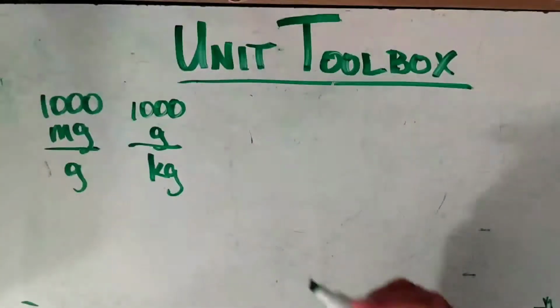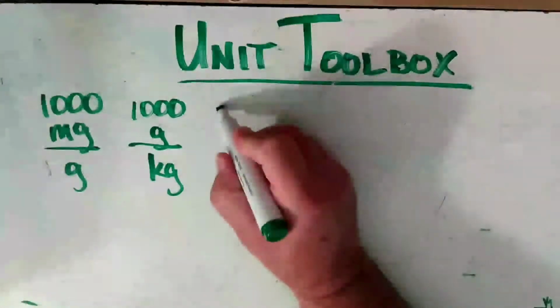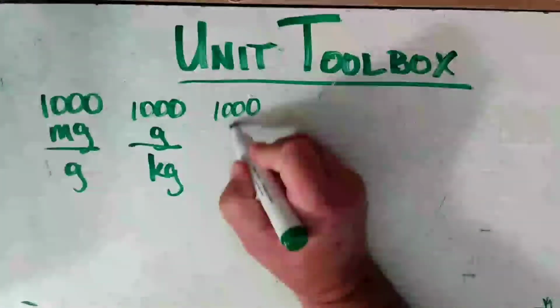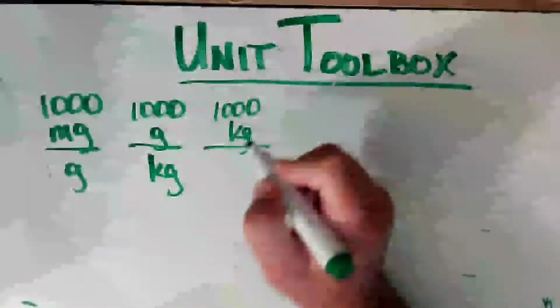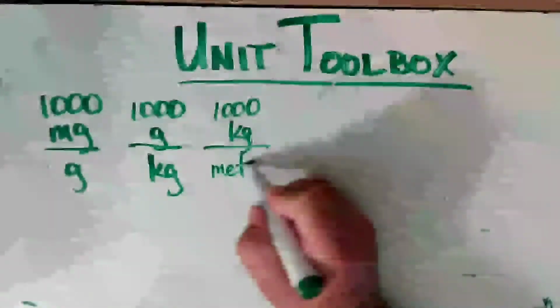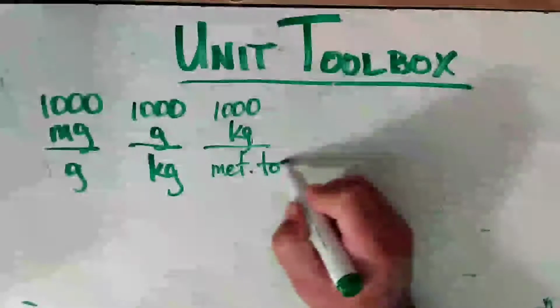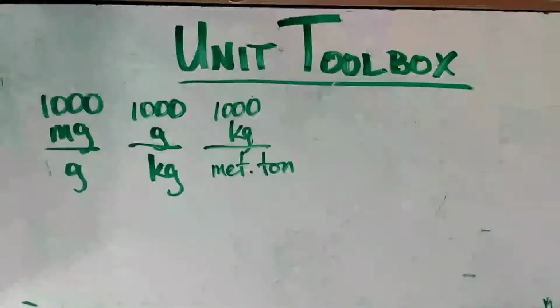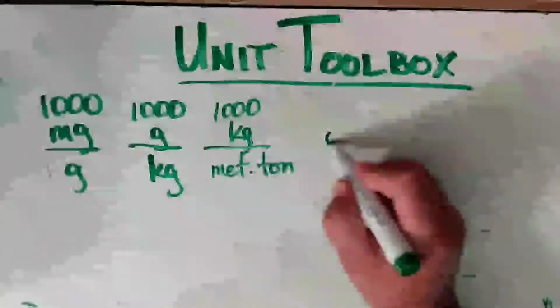All right, now, we have what's known as 1,000 kilograms is equal to a metric ton. And I'm going to put ton. Okay, a metric ton. All right, an ounce. An ounce